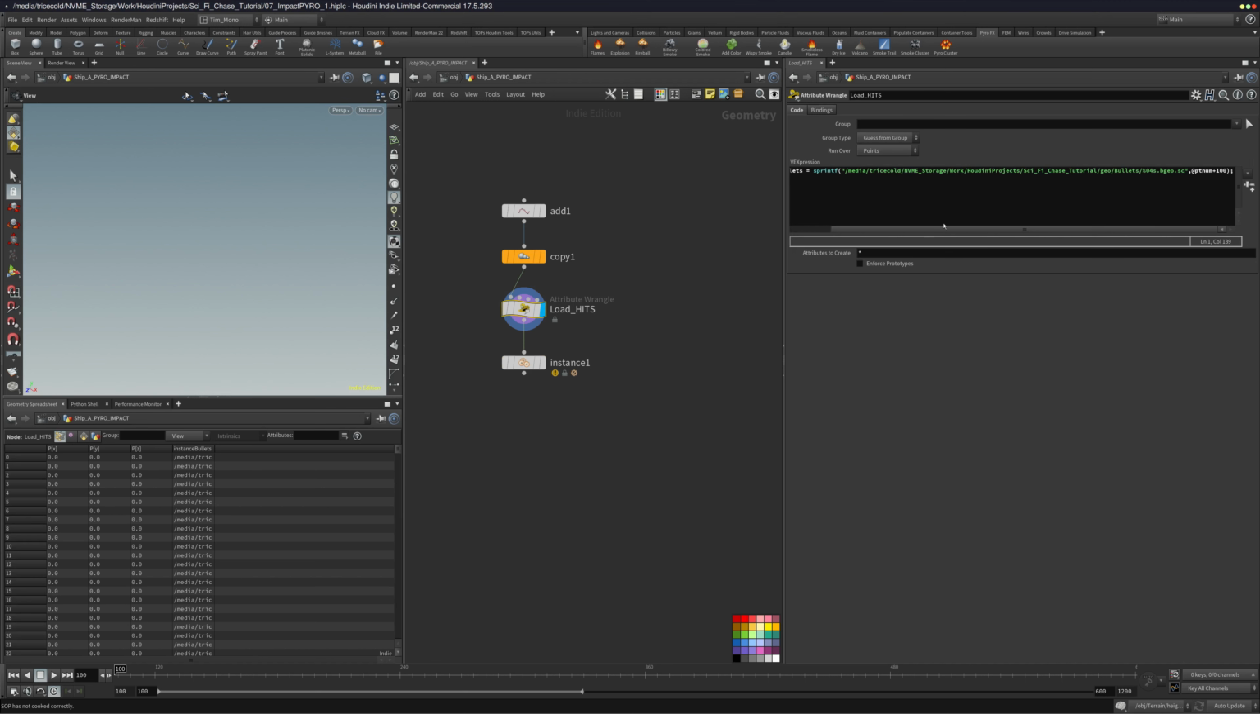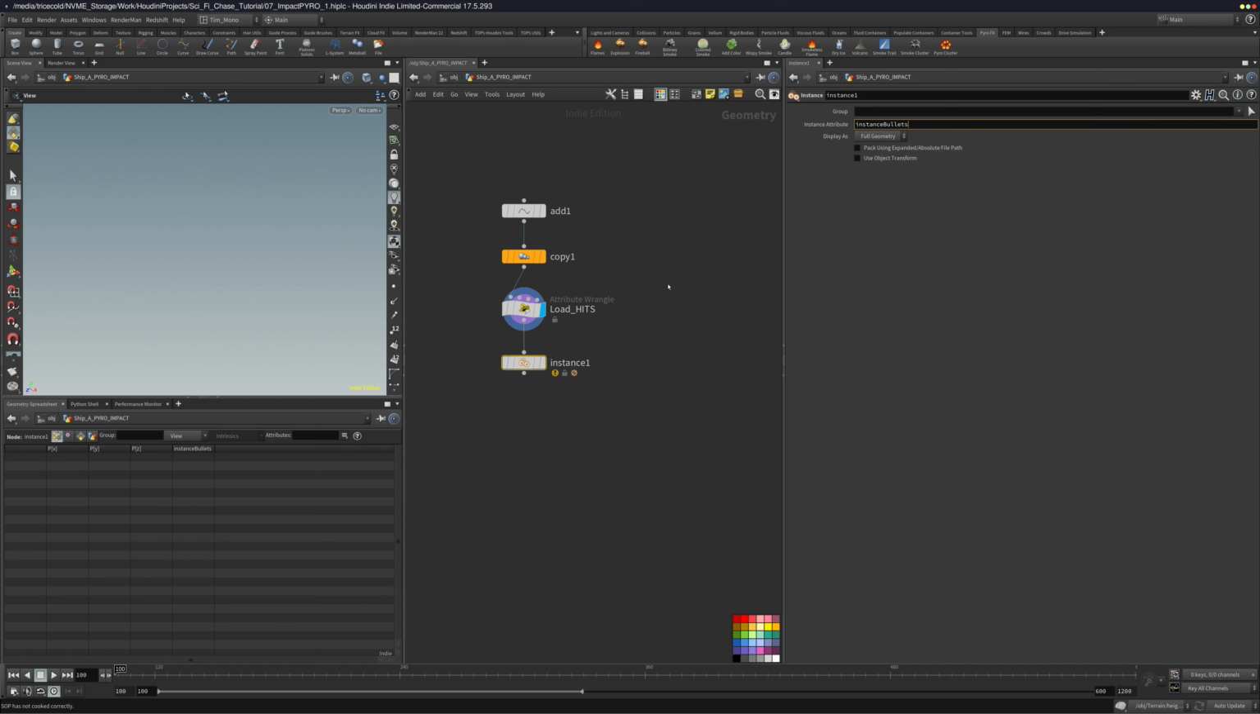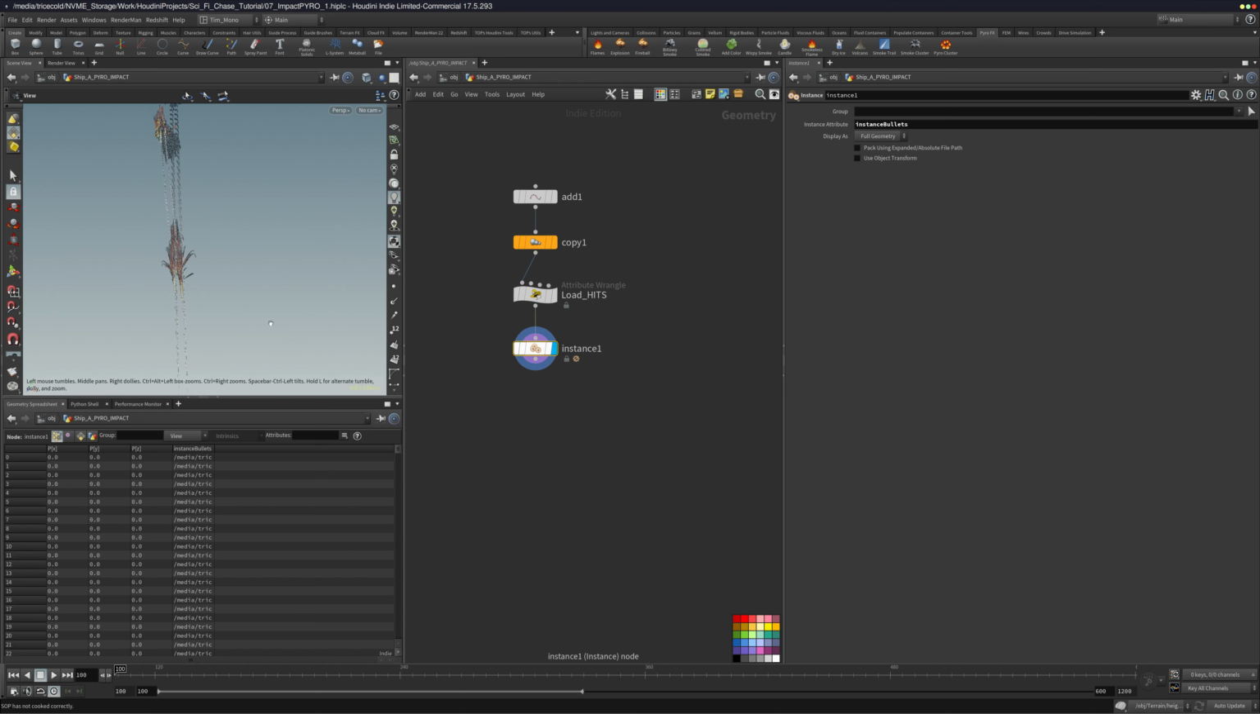Okay, so here our custom attribute is called instance bullets. So let's copy this and paste it here. So this should now give us, let it cook for a second. So it's gonna give us like a,